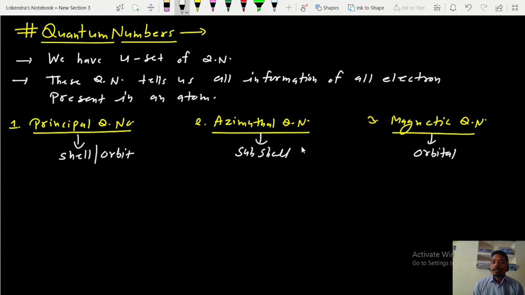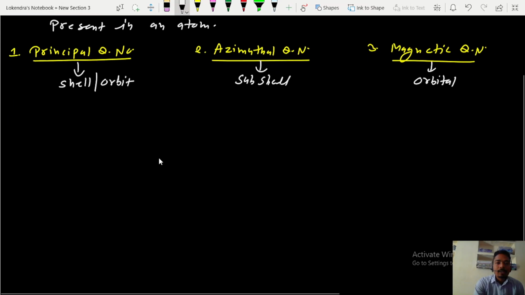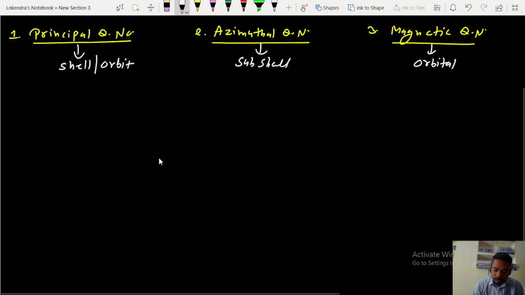Okay, and now Schrodinger came into the picture, and he tells us that electrons do not have a fixed path or fixed position around the nucleus. There is a region where an electron can be found, or we can say the electron has a maximum probability of being found. This maximum probability region of finding an electron is known as an orbital. Okay, and these are interrelated to each other, and how they are interrelated, now we are going to learn about these quantum numbers.